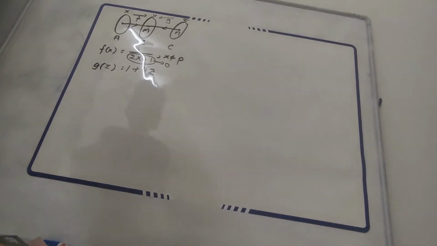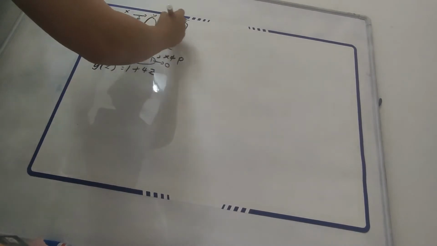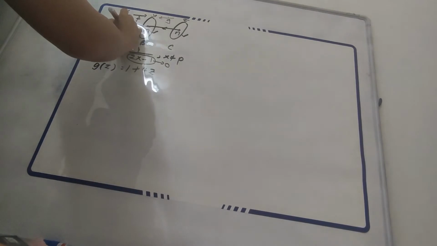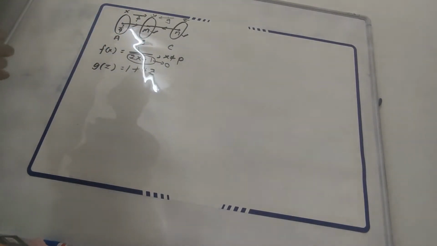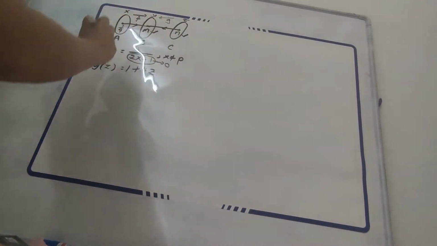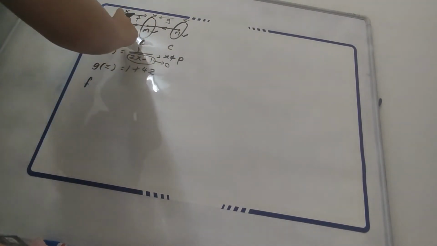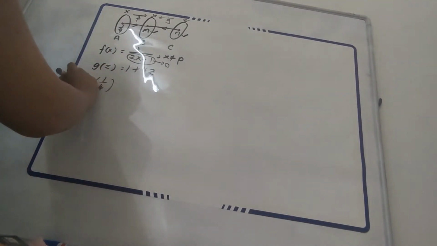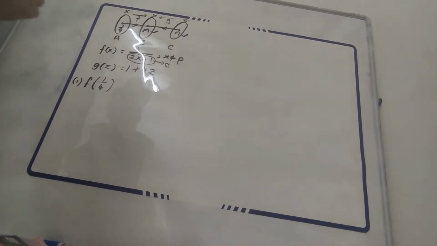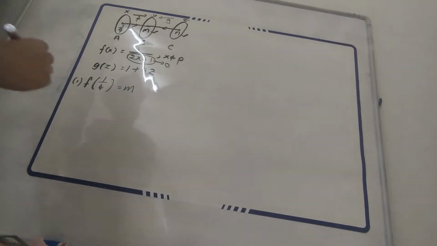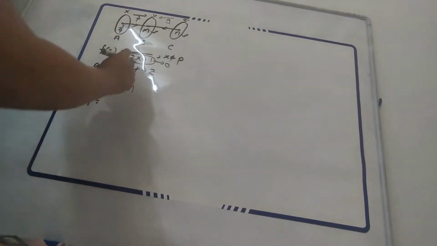The last question, part C. What are m and n? If you have the x inside the set, there is a quarter, 1 over 4. From x to y is actually the function f. So f of x is equal to a quarter. This is the first part of the first question of part C. What is m? It equals m. So your m is equal to